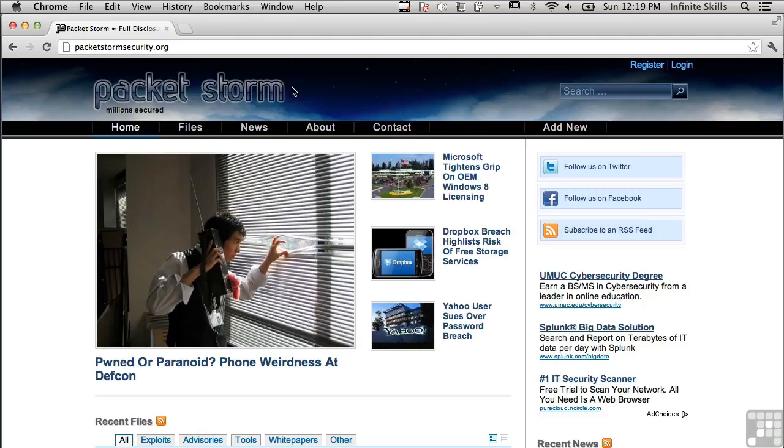packetstormsecurity.org. And Packetstorm Security goes back a long ways now. It actually got bought by, I believe it was Symantec, and eventually got spun back out, and so it's independent again. One of the things that makes Packetstorm Security really useful is that they store a lot of files and a lot of information. So I can do this search here, and I can look up some information about a denial